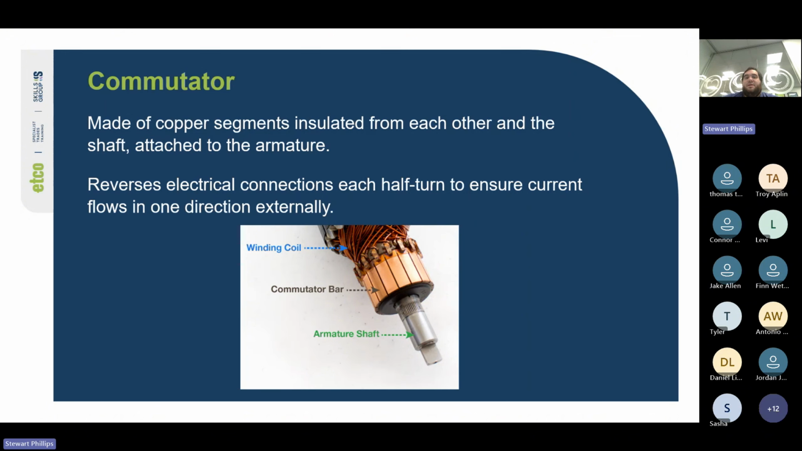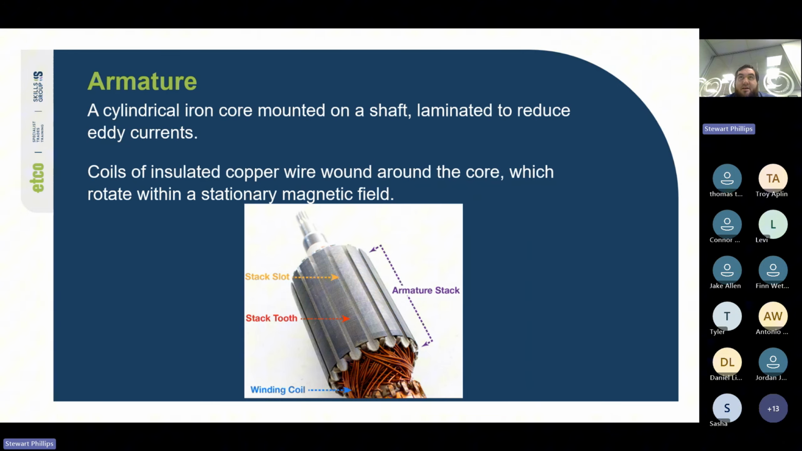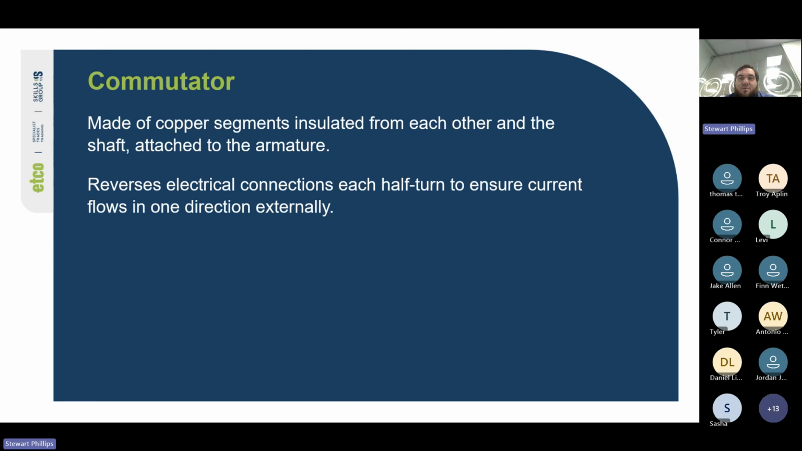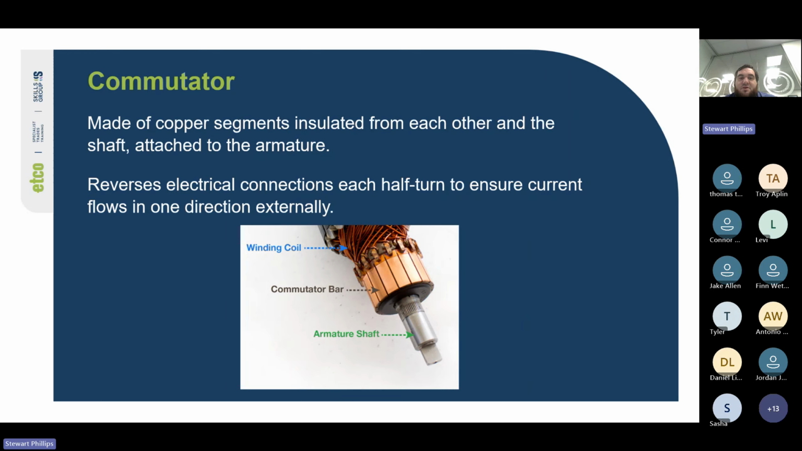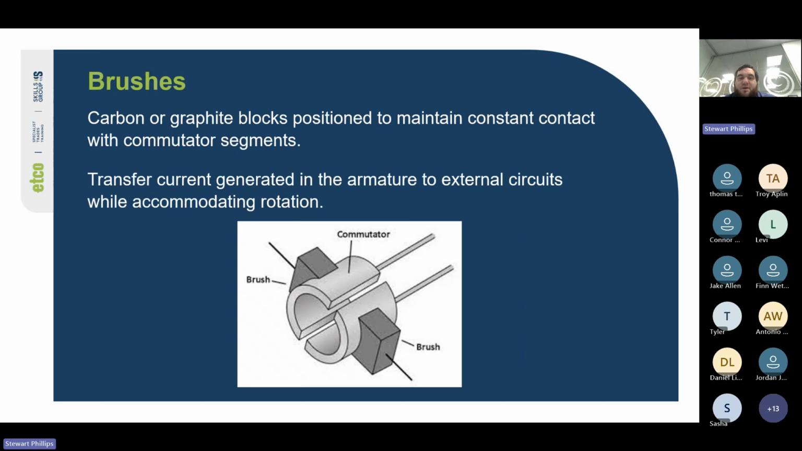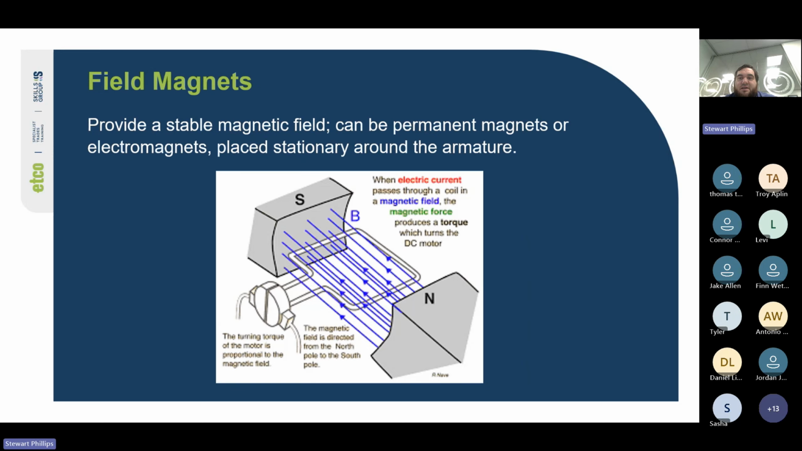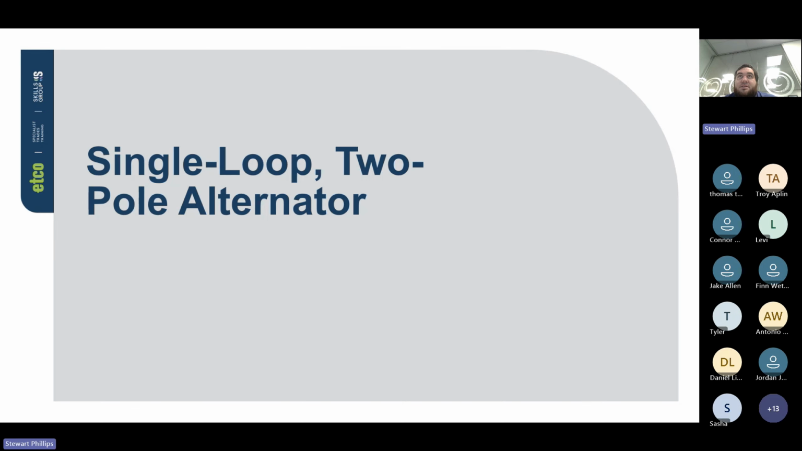So the main difference between an AC alternator and a DC generator is the method of connection. So in a DC generator, we have an armature and commutator. So we have the commutator and we have the brushes and field magnets. And in an alternator,